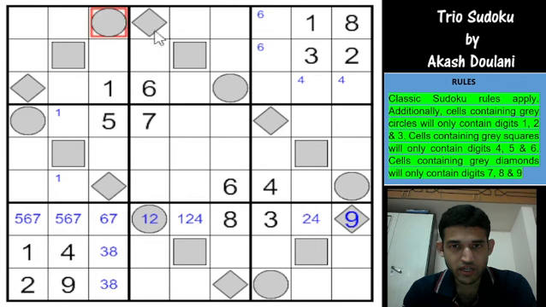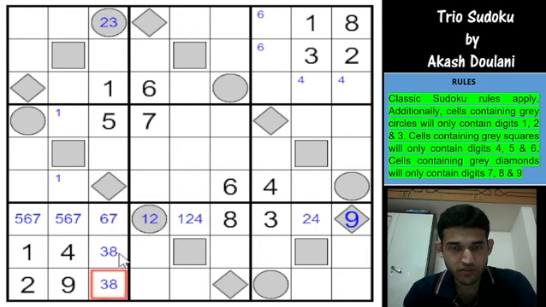Okay, let's look at the shapes for now. Slowly we'll start populating the shapes, because I think this Sudoku primarily revolves around filling these shapes, right? First. So this cell can only be 5 or 6. Let me fill all these circles first. So this can only be 2 or 3.